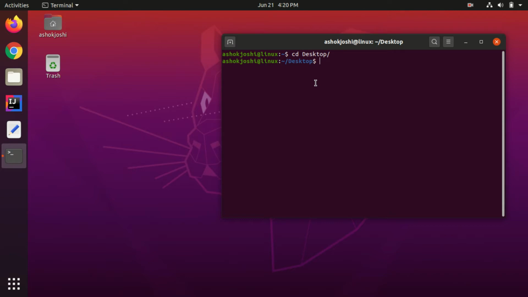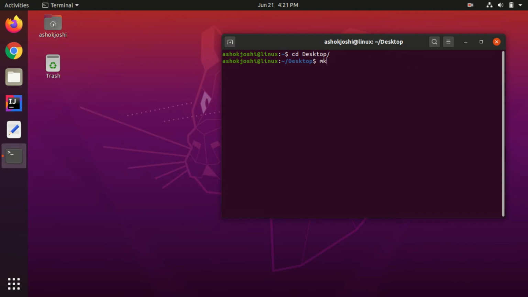I want to create a directory on this desktop. So what can I do? I'll write mkdir and after that you can pass an option. This is just the syntax which I am showing you. So mkdir is the command and we can pass an option. After that we will write the directory name. This is how you will write the mkdir command.